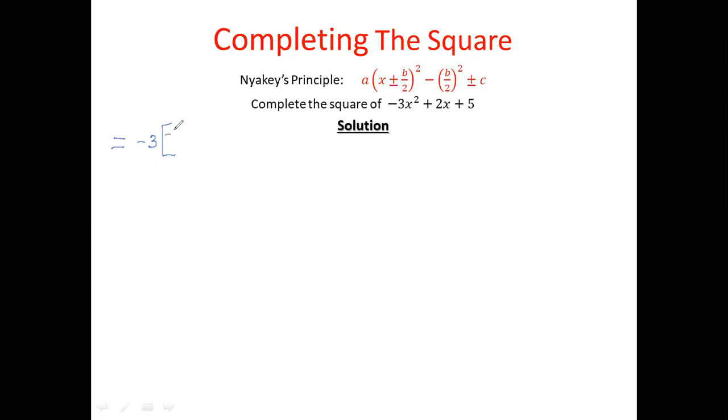So look at it. -3x squared divided by -3. Then we have plus 2x divided by -3. Then we have plus 5 divided by -3. Take time. I'm being very slow here so that this thing will work out for you. So -3 divided by -3, and then we have -2 divided by -3, which cannot go into each other, and this can also not go into each other. Now remember, we have plus, we have minus, we have plus, we have minus. The